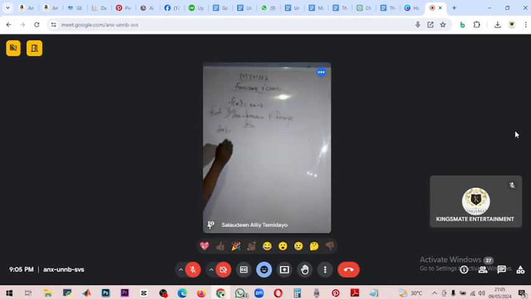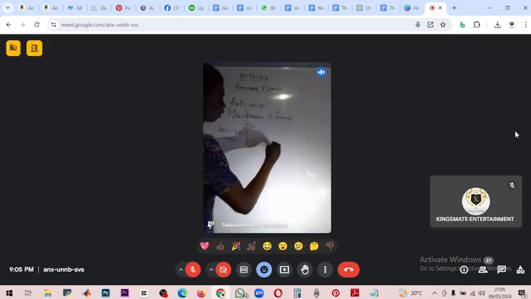Range and domain. 3x minus 2. The domain of this one will be all numbers, all real numbers that we can use. We'll still get something meaningful. Use minus 1, you get an answer. Use minus 2, you get an answer. Use minus 3, you get an answer. Then start using 1, 2, 3, you still get an answer. So the domain is all real numbers